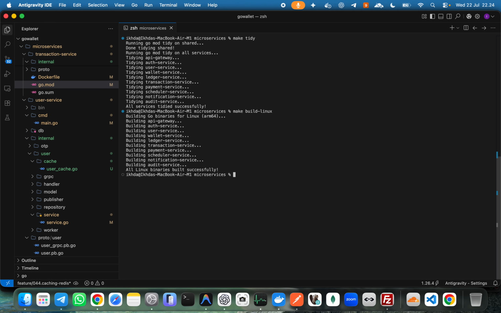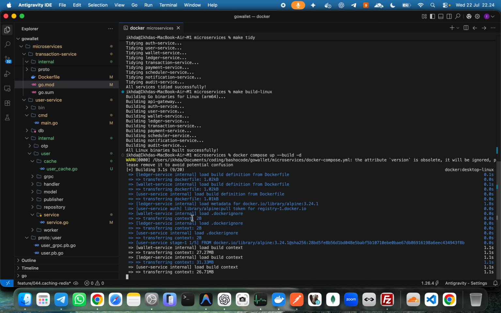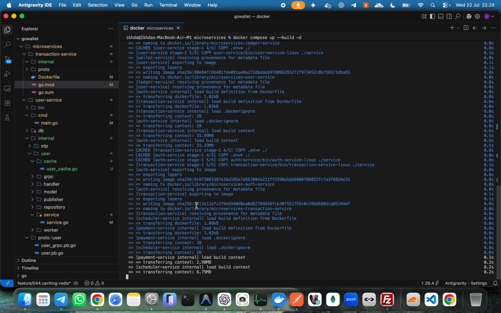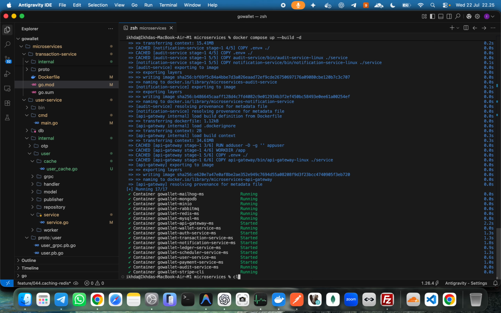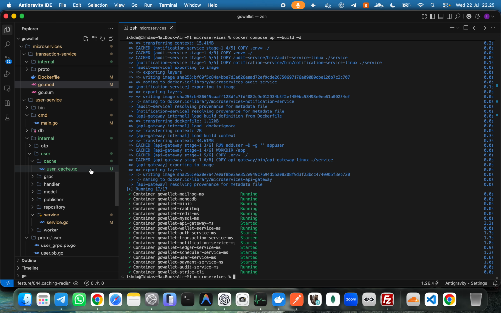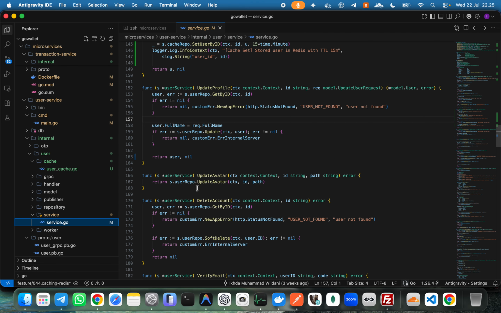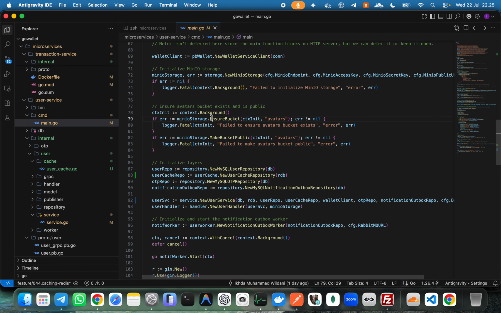and then docker compose test build test D. This will run our services here actually, yeah. And something we do is get profile here. So get profile is used for what I want to see,